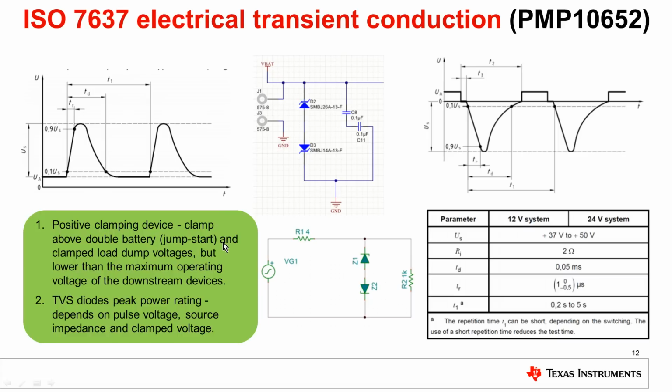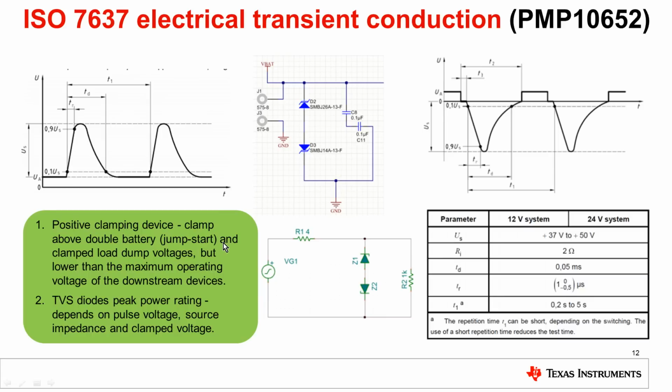Now this particular reference design was tested against ISO 7637 specified positive and negative pulses. The positive and negative voltages are the results of the inductive wire harness. You have long wire running in the automotive system, so you have the inductive wire harness, or you may also have a parallel inductive load connected to the automotive system. And the worst part is these pulses can go up to plus minus 75 volt.